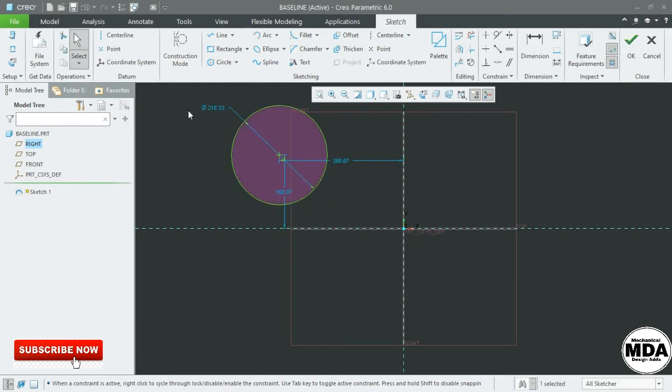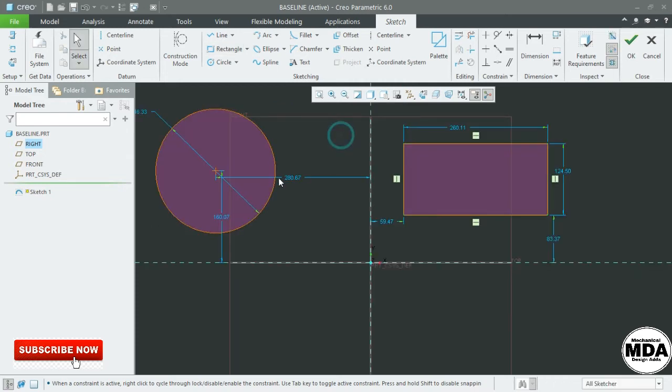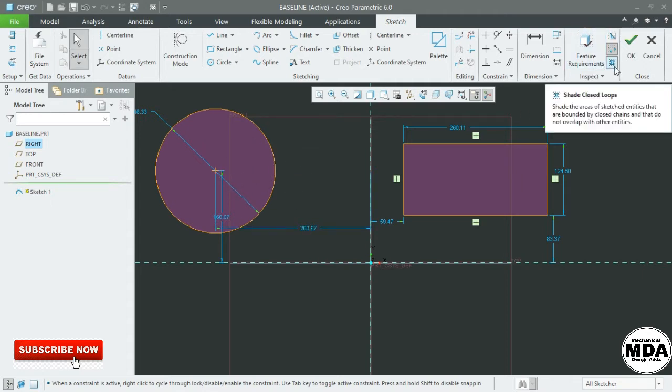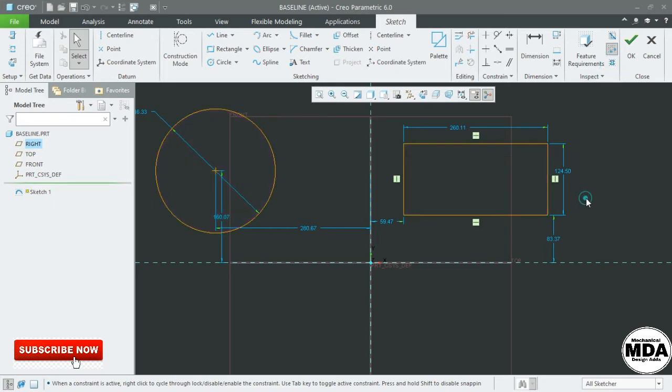Suppose I am creating one circle here, rectangle here. You can see that a shaded look is there, so this indicates that this one is a closed loop. Here the shaded closed loop is highlighted. This one is a closed loop geometry. If you uncheck this one, you can see that it is now not showing any result.